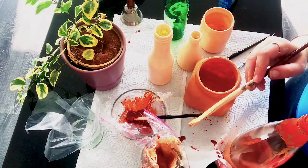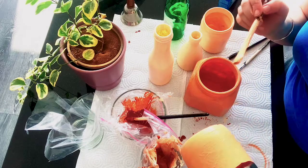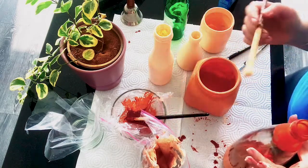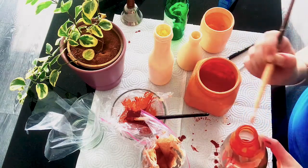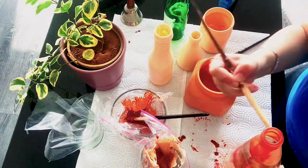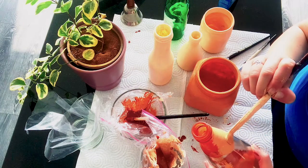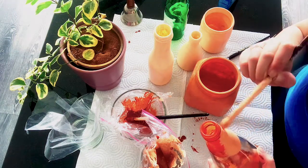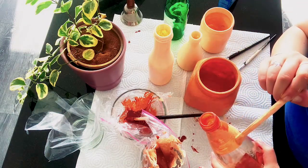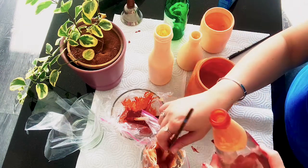Now, after we've done that part, to cover it well, we can go ahead and do the top as well. I'm doing like a wave, if you noticed. It's up to you. You can do any shape. You can even draw, like if you want to draw something, the sun or star, or